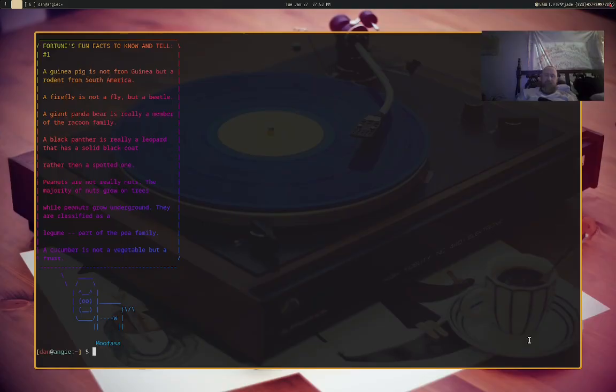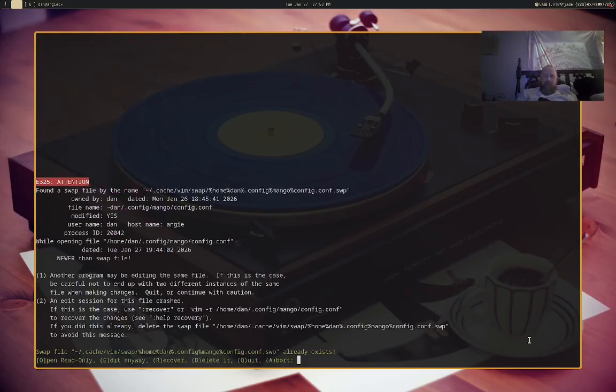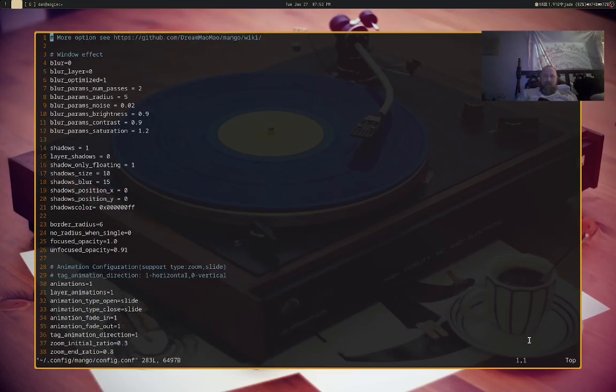But anyway, let's go to the config here. So I'm going to vim home dan .config/mango/config.conf. We're going to look at it. Yep, I've edited it already. So anyway, I'll also show,